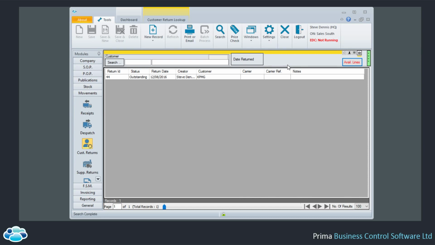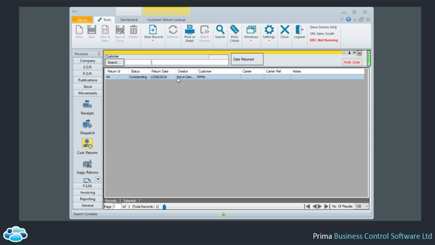So you can pick multiple lines at that point, or you can just use one item, as I've done there. So if it's 5 lines on a particular order, you would need to search for that order number or sort on the sales order column, and then highlight all of those lines, because you'd have to return them. They come onto the return item as individual lines. So Prima creates an outstanding customer return,